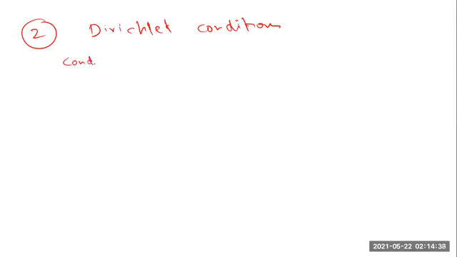Okay? Then we are going to talk about another set of conditions, which are known as Dirichlet conditions. These conditions are more comprehensive. There are three conditions proposed by Dirichlet, and if these three conditions are satisfied by any periodic signal, it will have a Fourier series representation. So let me write down those conditions one by one. Condition number one: